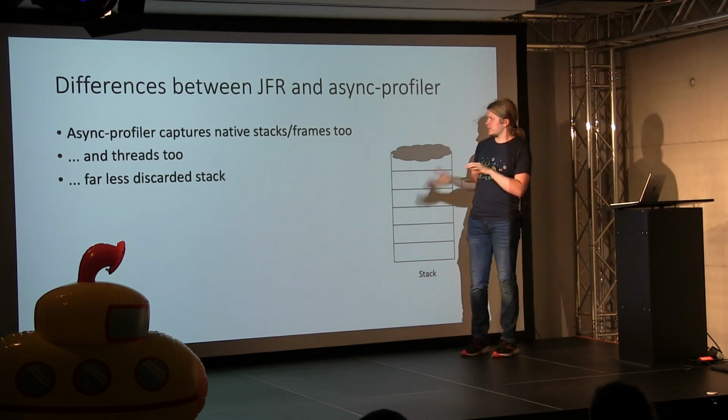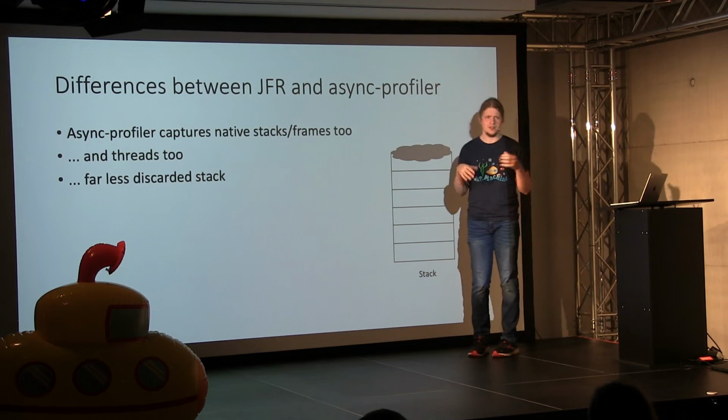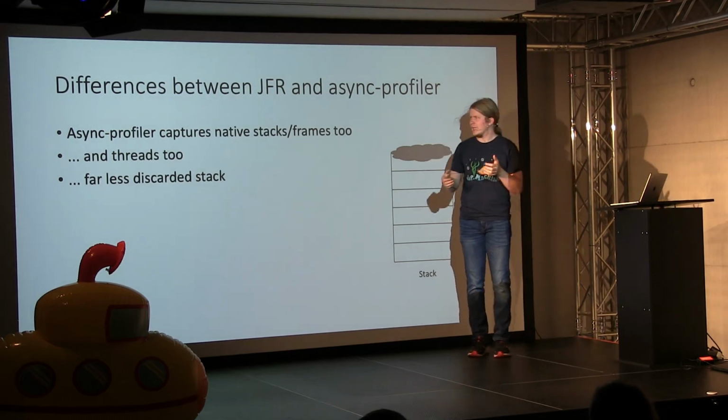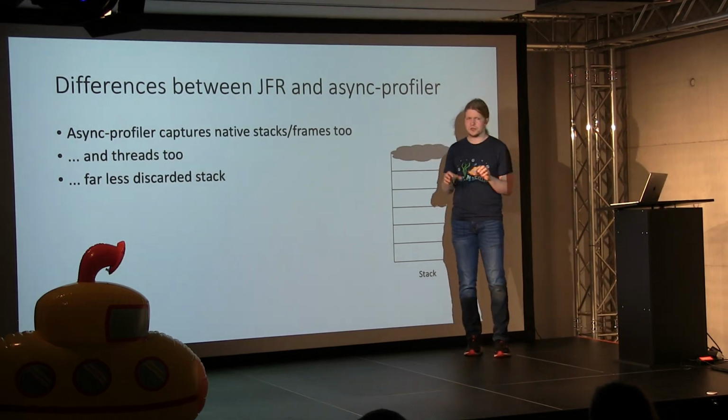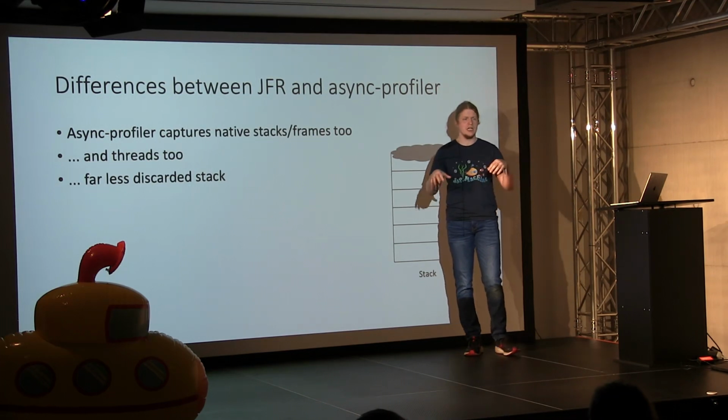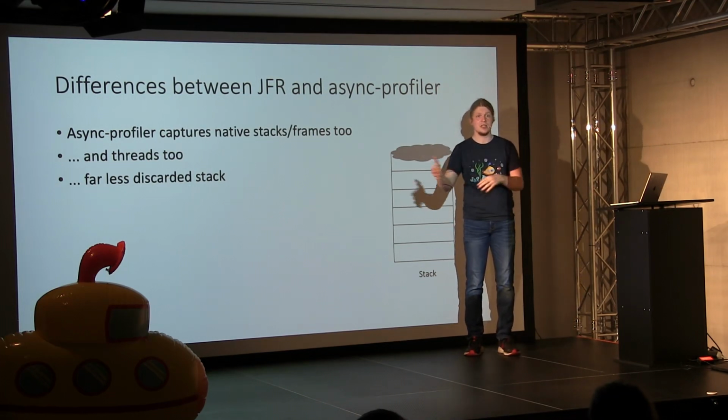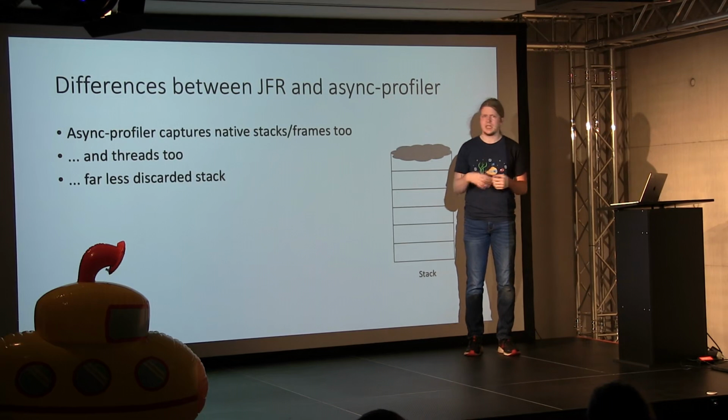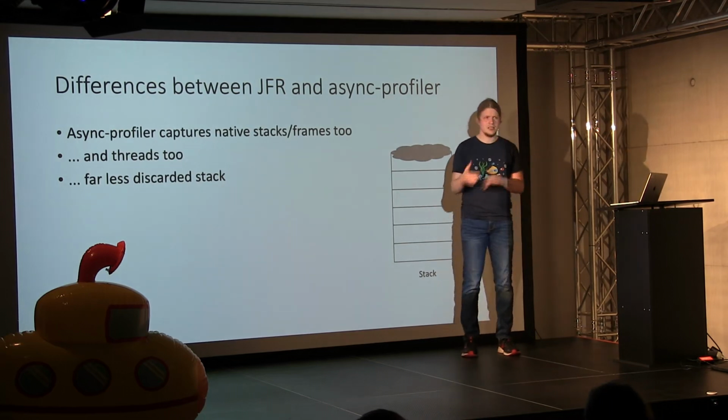But what are the differences between JFR and Async Profiler? Both use the sampling technique. The difference is that Async Profiler also captures native threads. As we've seen before, it captures the C++ frames and their threads, because it does native stack walking. And it has far fewer discarded threads